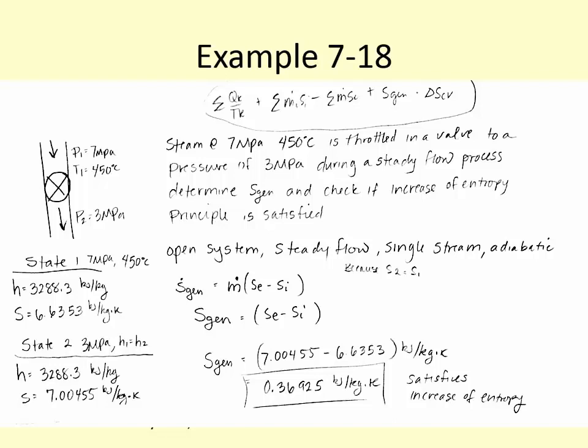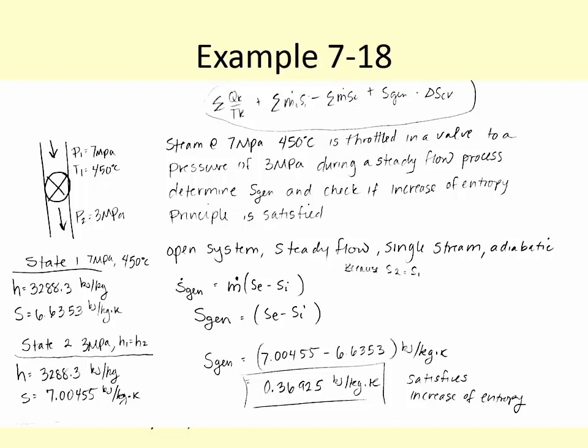You still have that, Trenton? 3,288.3. Units? Kilojoules per kilogram. Okay, so a number is meaningless without units. Kilojoules per kilogram. So that means H2 is equal to H1, which means we're at 3 megapascals, and our enthalpy is this value, 3288.3. How do we figure out where we are on the table,